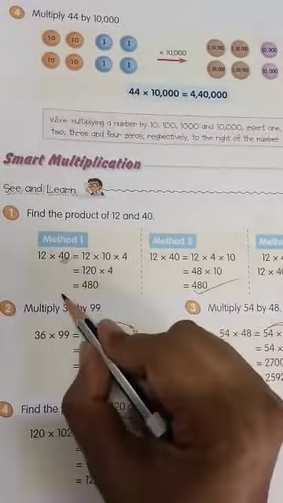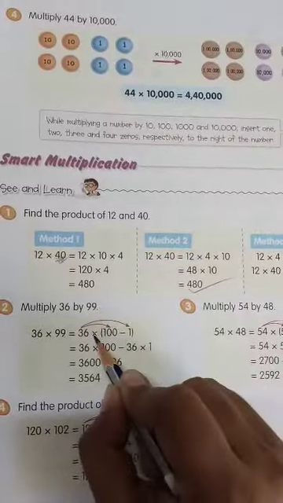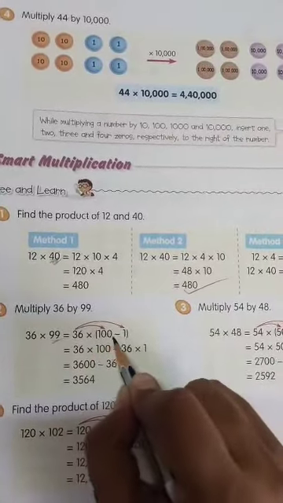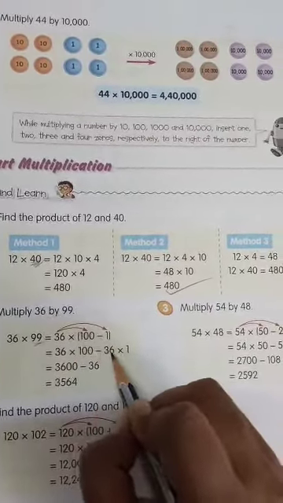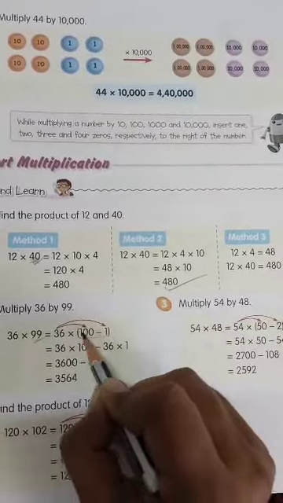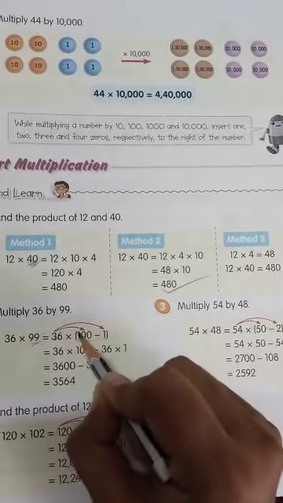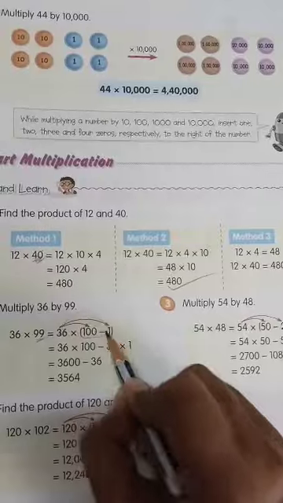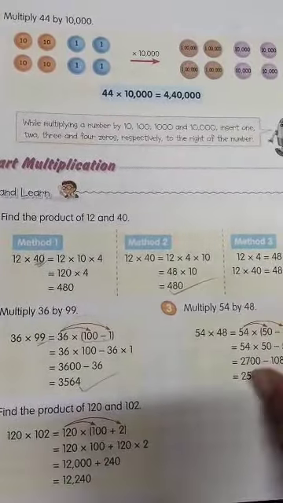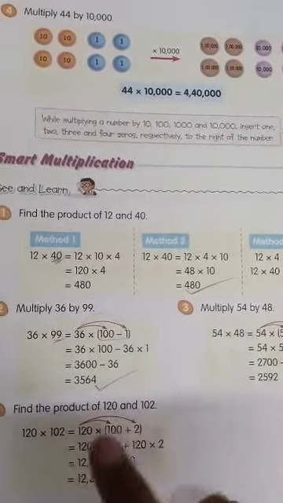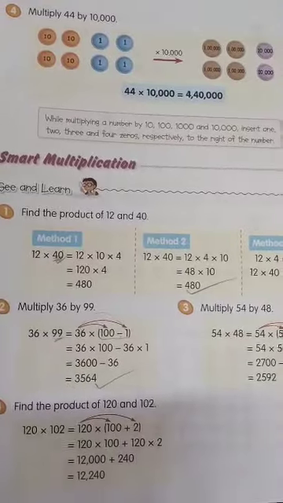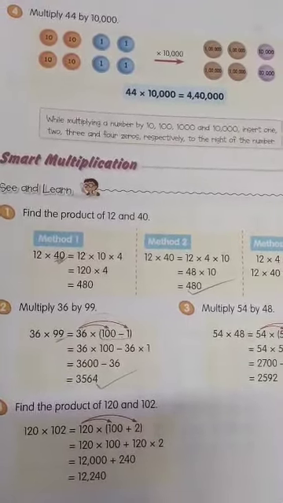See here also 36 by 99. So what we have to do, how will we handle 99? 100 minus 1. So in this way, this 100 and minus 1, both will multiply by 36, that is 36 into 100 and 36 into 1. We'll get the answer 3564. In the same way, the next questions also will be done. These are the examples. Okay,